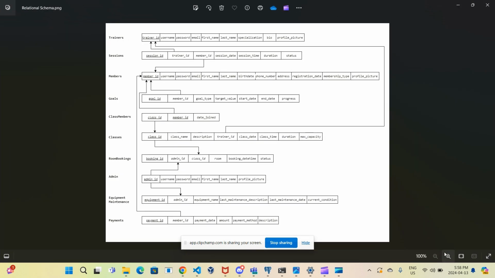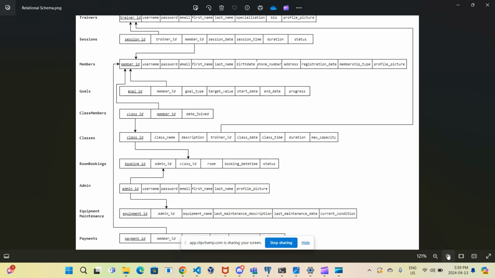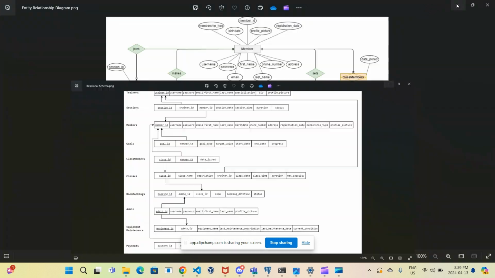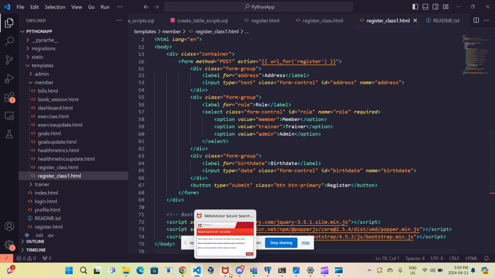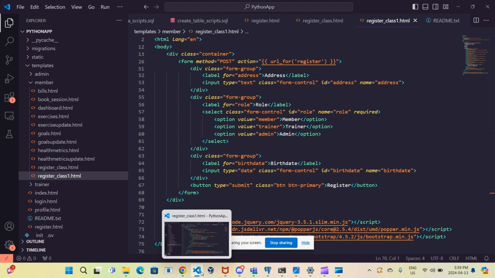Very quickly, we'll have our relational schema as well, where you have the relationships and primary keys. You can see the entities or classes, and you also have different attributes and keys, and these arrows show primary key directions and all of that. And so, coming back to the main thing, which is the application itself,